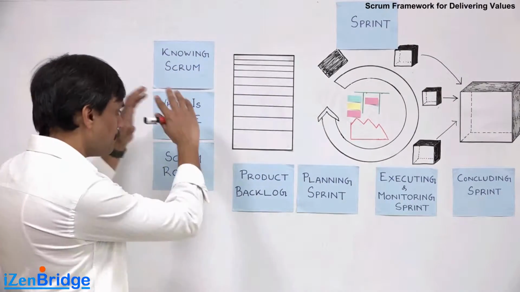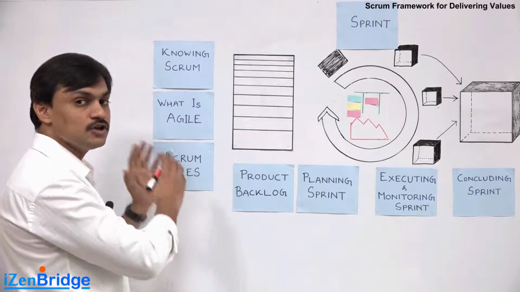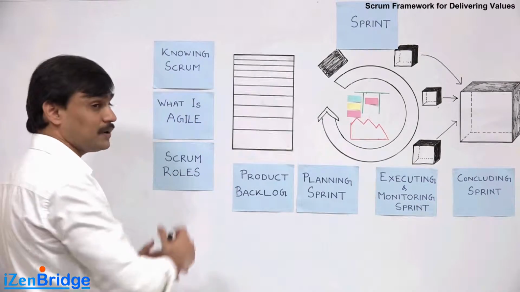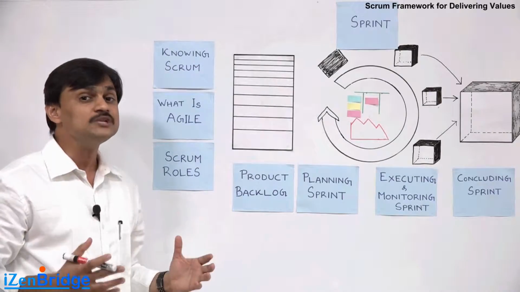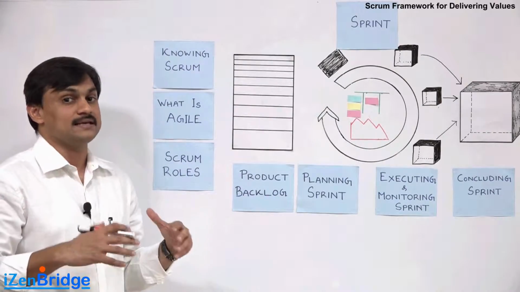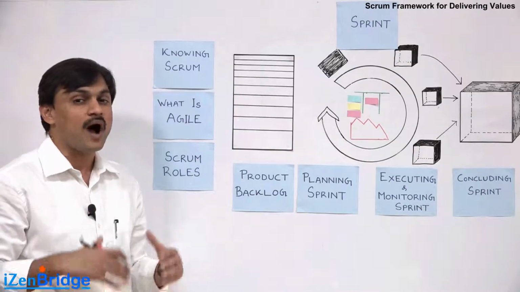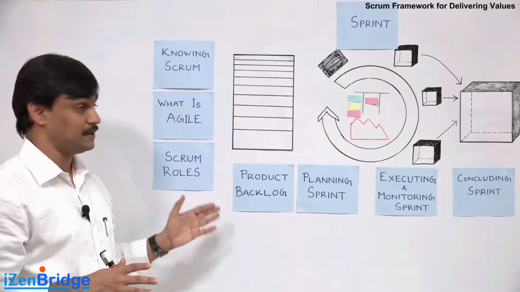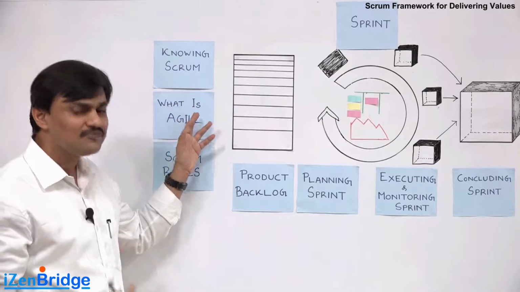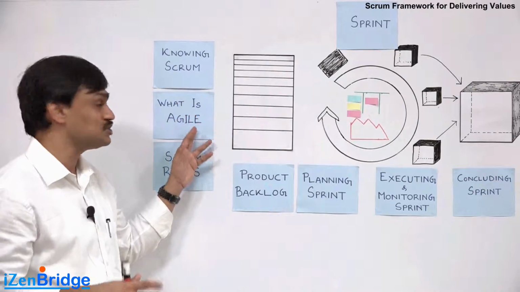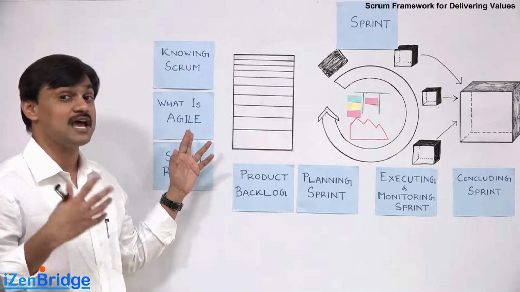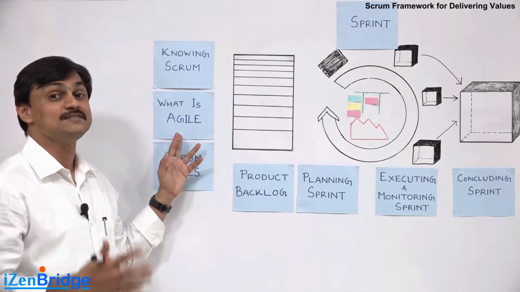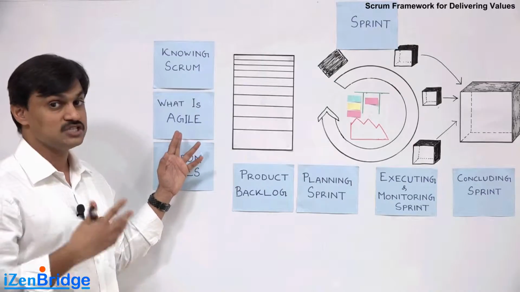We start by building up the fundamentals for understanding Scrum, and that starting section talks about knowing Scrum. We get into the details of why it is a logical thing, why it's common sense to use Scrum for your software development process. And once we know Scrum, we also dig deeper into Agile. We understand Agile values and principles, and we get into the details of why Agile is becoming popular in today's software